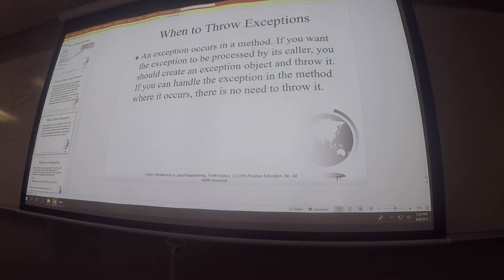An exception occurs in a method. If you want the exception to be processed by its caller, you should create an exception object and throw it back, right? That's what you said. You always have to do it, in my opinion. If you can handle the exception in the method where it occurs, there is no need to throw it. The reason I'm saying this is because